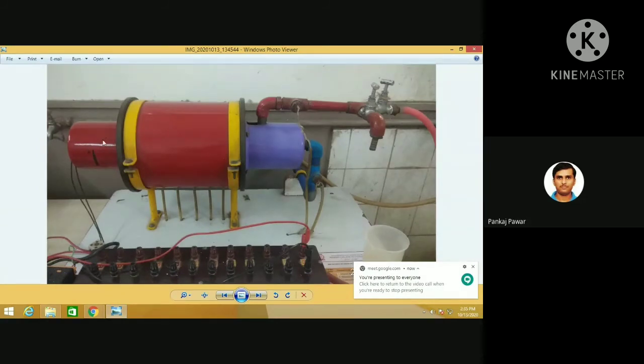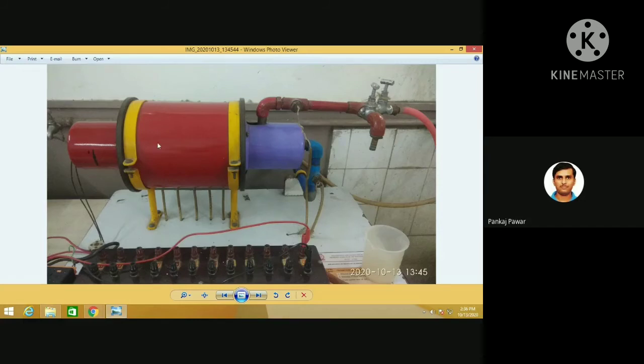Okay. See, as we discussed, this is the left side end where the heater connections are given. Inside this we have the metal rod of 75 mm diameter. From the left side to the right side, throughout we have the metal rod. And this is the test section, from this point to this point, of 200 mm length. Here we have the heater, and on the right side we have the cooling water jacket.